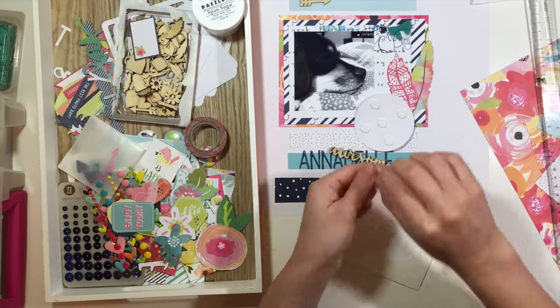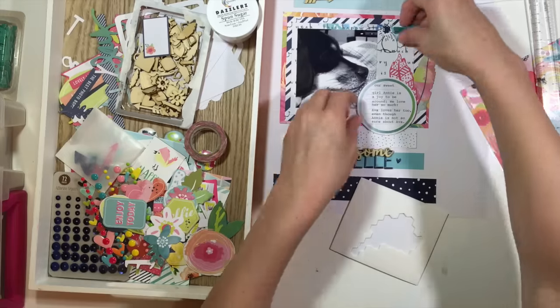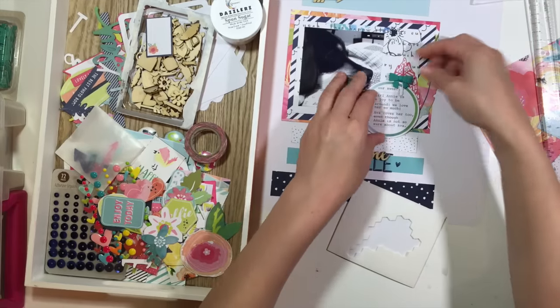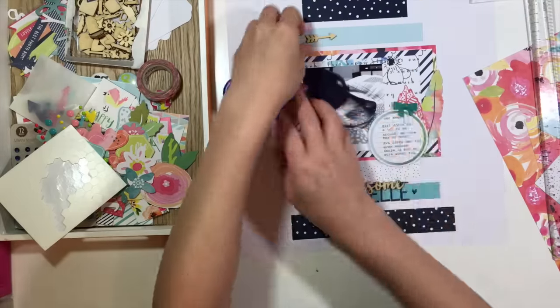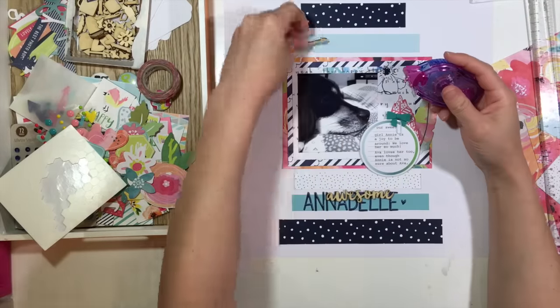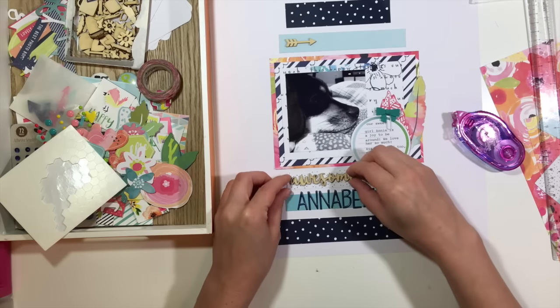I am going to, like I said, pop that up because I knew beforehand that I wanted to use that Illustrated Faith bow that I'm sticking on right now, and I knew that I needed some dimension in order to place that on that journaling card. I have these little Jelly Bean Soup wood veneer pieces that came in our kits, and